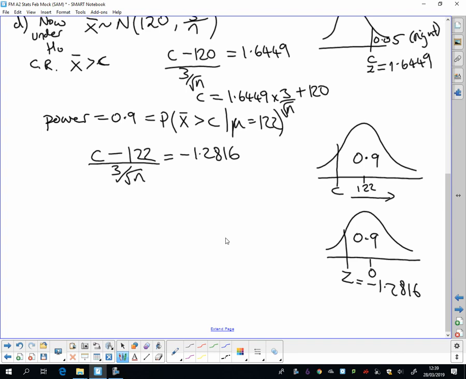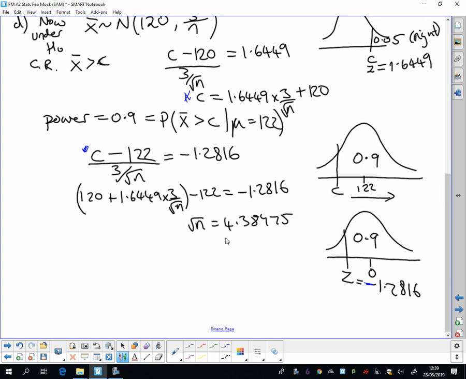Right, now it's just a case of substituting in what we know c to be and doing some rearranging to find n. So you just plug in your value for c there. It's important to note here that because our z value is below the mean, it is going to be a negative value, and that way you can make sure you're talking about the right thing. If you then rearrange and solve all that, you should get root n is 0.38975,